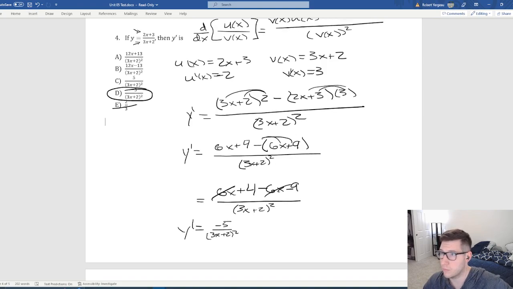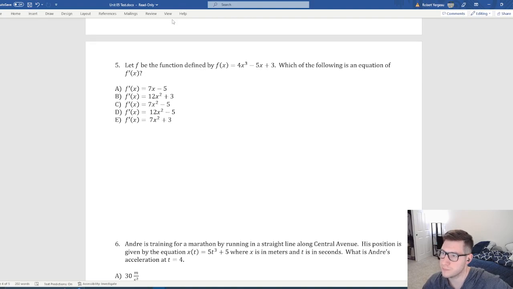All right, moving on, 2 left. If we take a look at number 5, we're being told this is f of x. Which of the following equations is f prime of x? So again, we're just applying the power rule. Given a polynomial, applying the power rule, we're going to be told